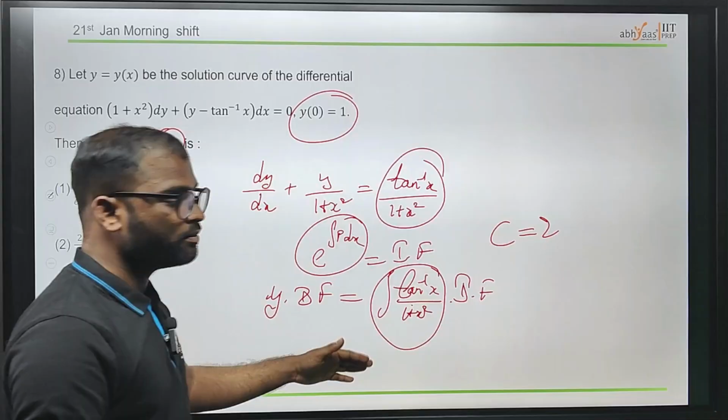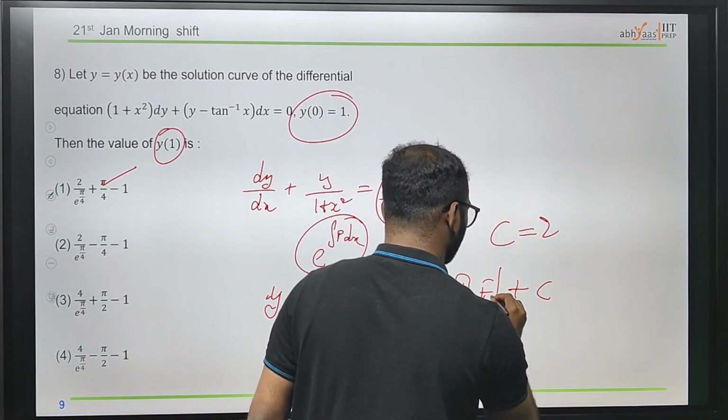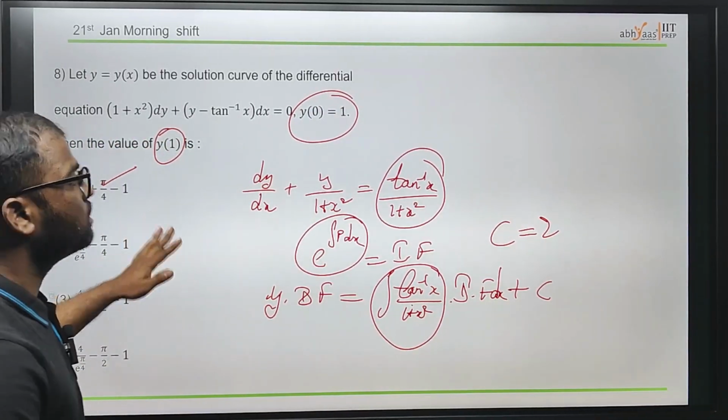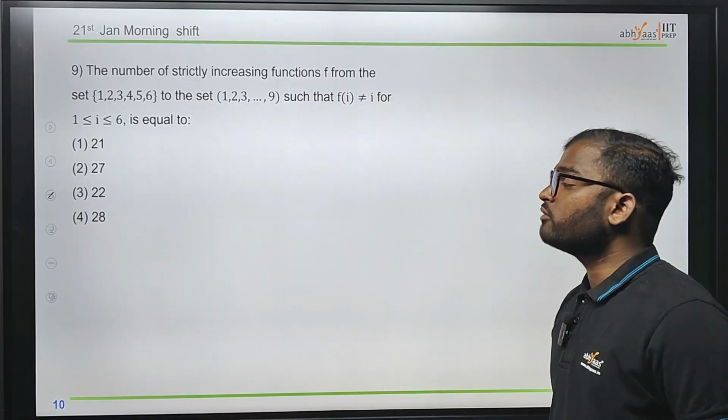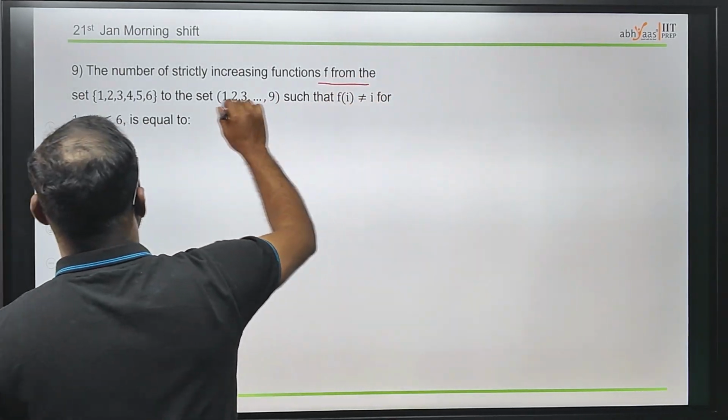After just doing some simplifications, we can easily find the answer. This is the easy process they have given, which is simply one, you can easily do that. Coming to the next question, we have the number of strictly increasing functions f from this set,